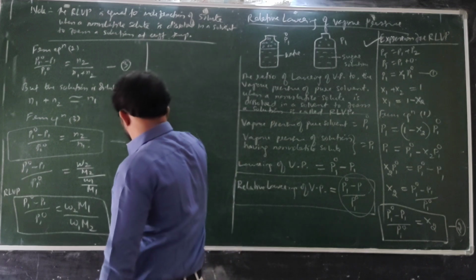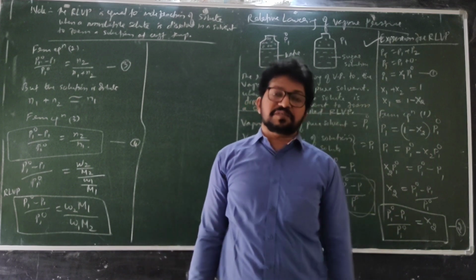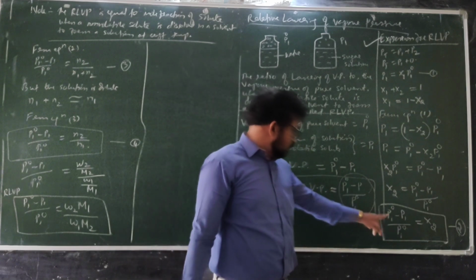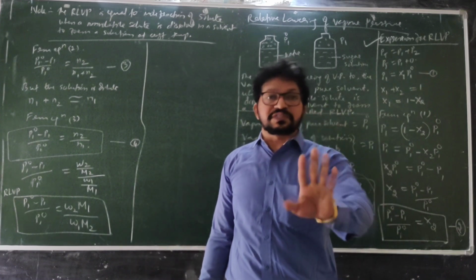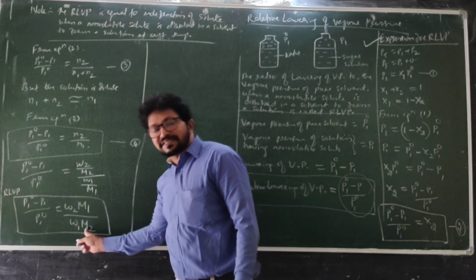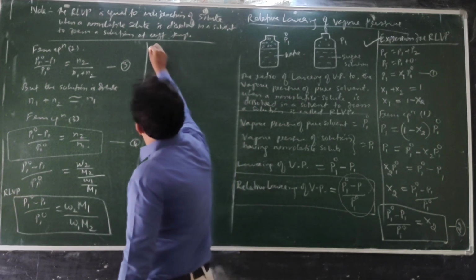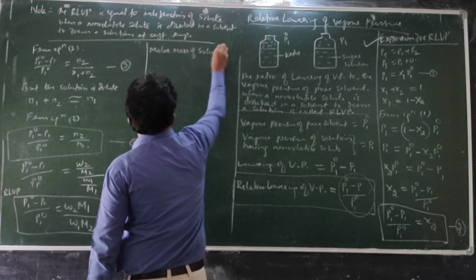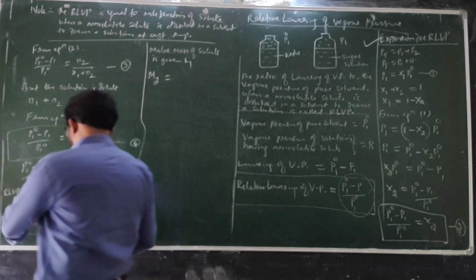Normally in the calculations, what will be asked is to calculate the molar mass of the solute. They normally give the vapor pressure of pure solvent and the vapor pressure of solution. They ask for the molar mass of the solute because they don't say which solute it is. So the solute is here, M2. So I will rewrite the expression. Molar mass of solute is given by M2 equal to, now you bring M2 here.